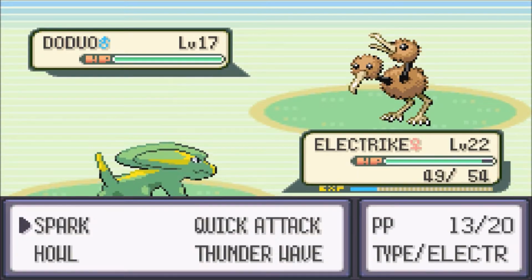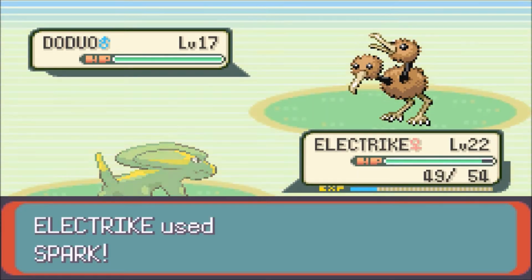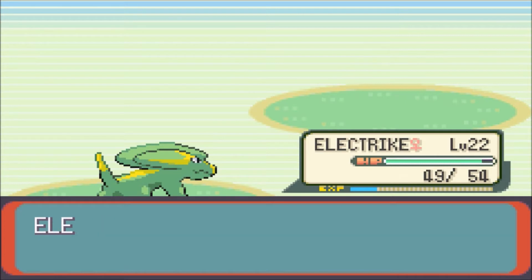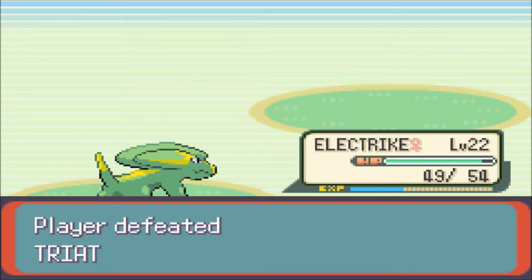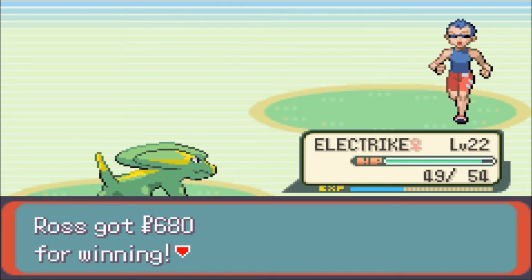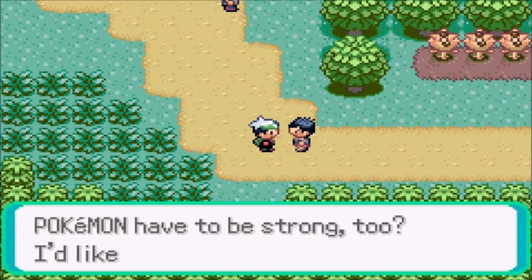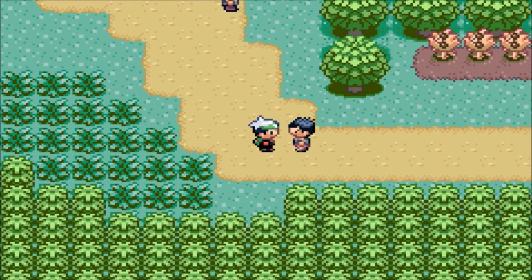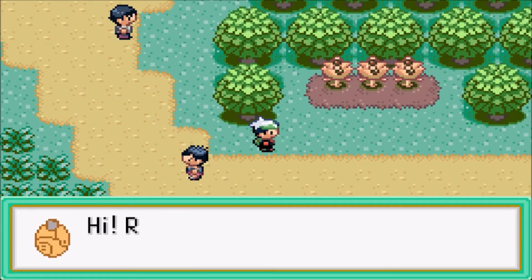Marill, though, is an interesting choice. I probably would not pick it over, let's say, Tentacool, Mudkip. What else? What other water type? I'd probably take it over Wingull and Pelipper. But that's just my decision. And Roselia is actually a decent grass type. I won't be picking it up, but...